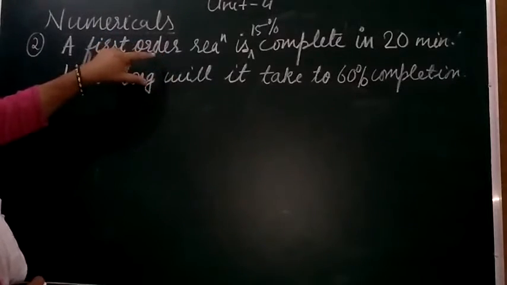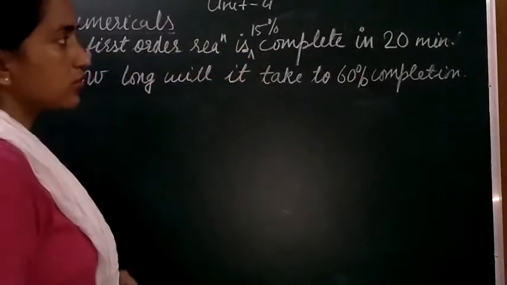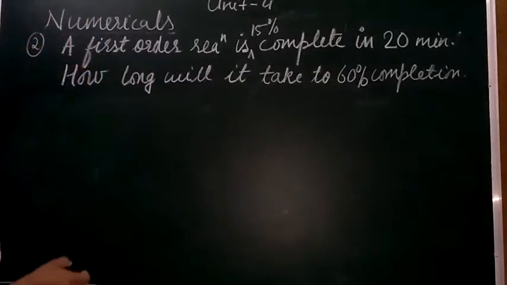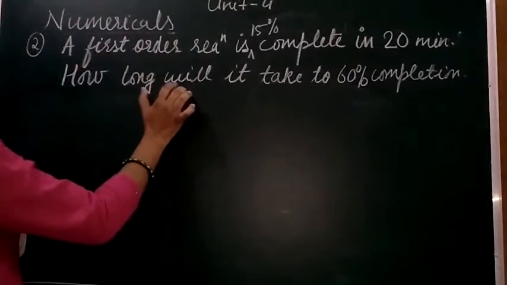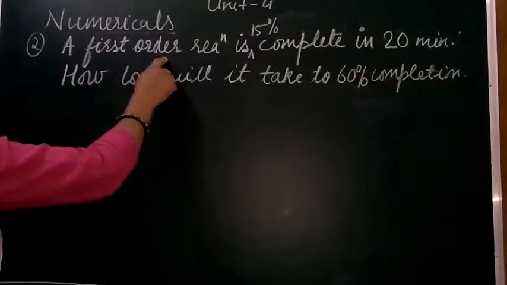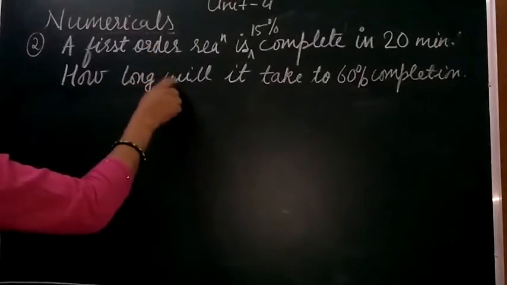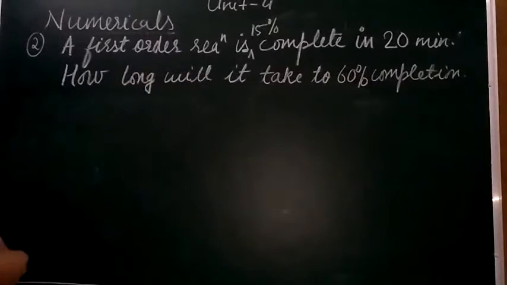In the first case, the time is given to us and the concentration variation is also given. We have to determine the rate constant. The rate constant determined from the first case will be applied to the second case, because the reaction is not changing and no temperature variation is given here. So the value of the rate constant from the first part will also be applied to the second part so that we can find out the time. So let's start.